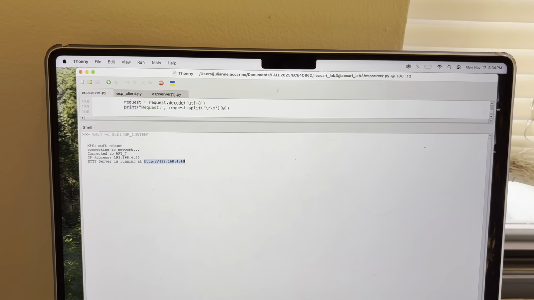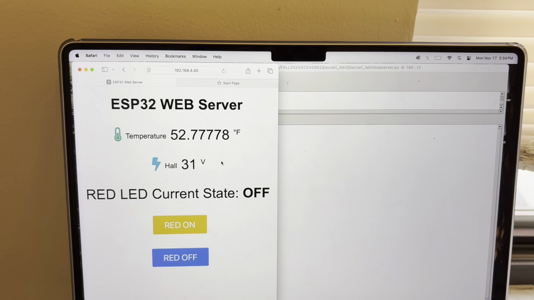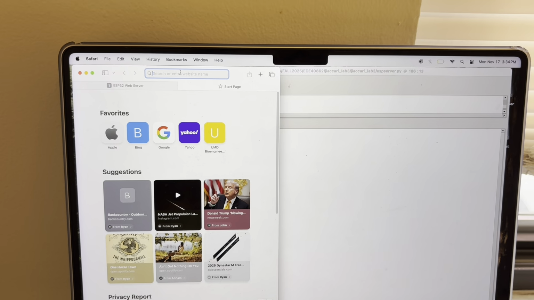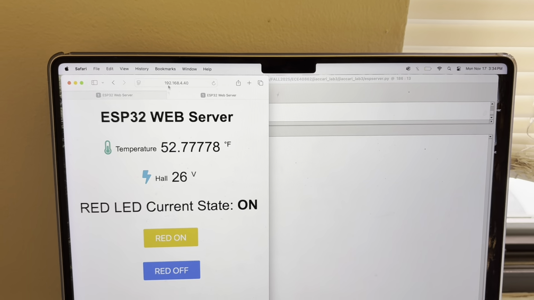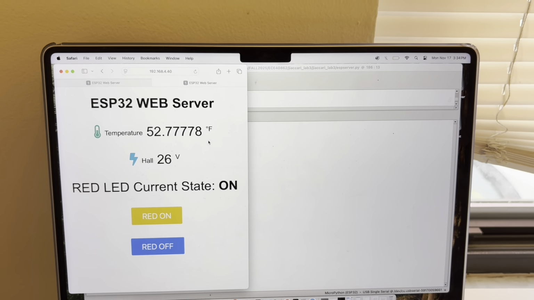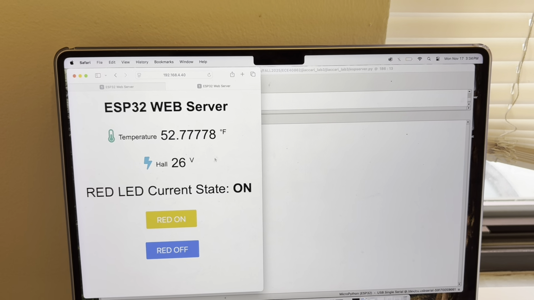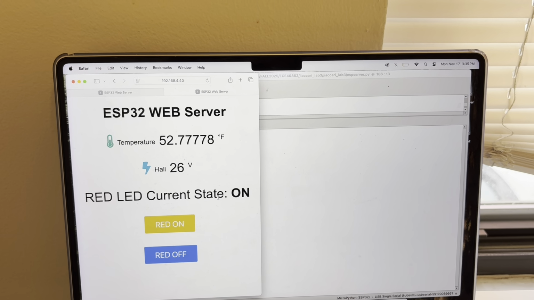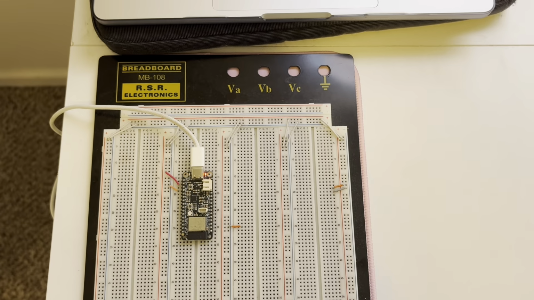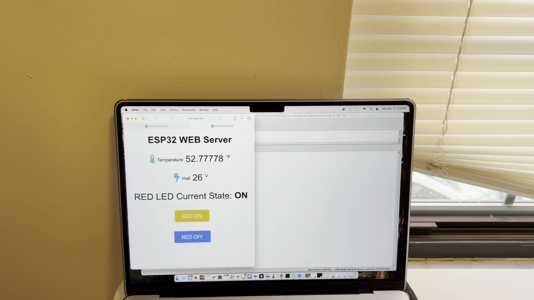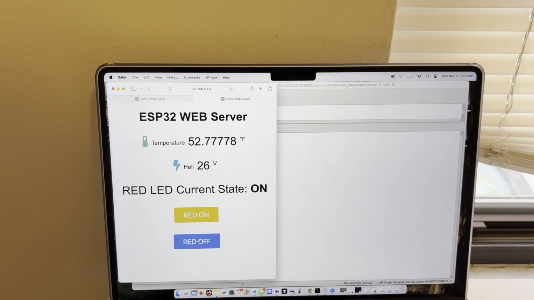So I'm going to copy that and open up Safari on my laptop. And I am going to paste the address at the top, and it will bring us to this page. This page displays the current temperature, the Hall value, and the red LED current state. Currently, the red LED on the board is on. Now, if we press red off,